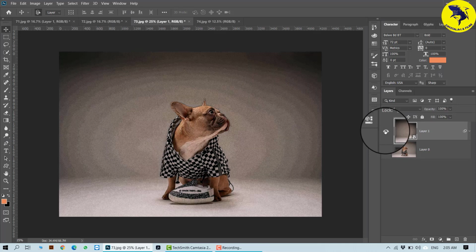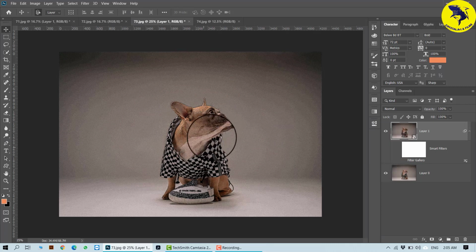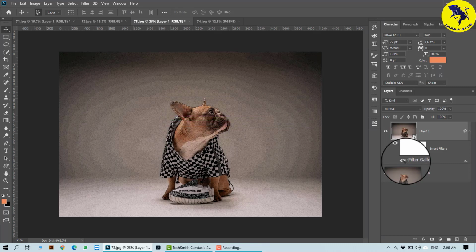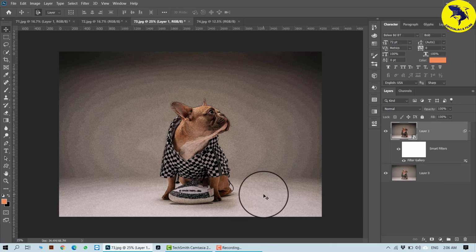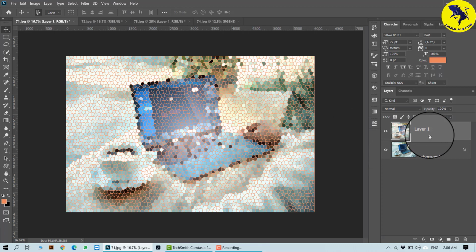I've not done anything onto this picture. Even now, if I just shut down both of my filters, it is just the previous filtered image. So these are changeable. You can keep them or you can remove them and still your image will be as it was before. That is one way you can add your effects multiple times, and your filter gallery will work. If you really just want to do it one time, then it's okay. Don't change your picture into a smart object and you will finish it up.